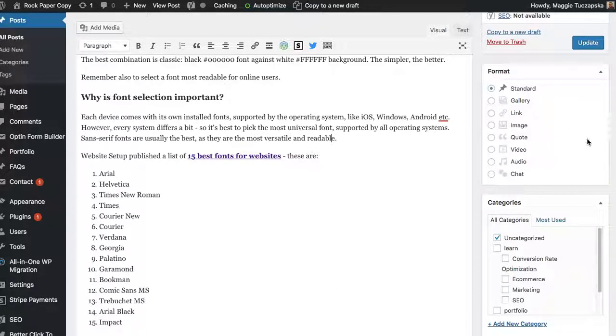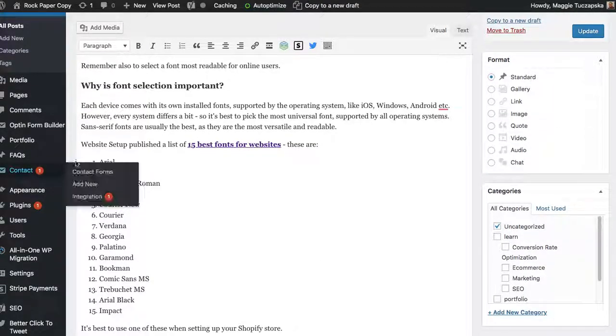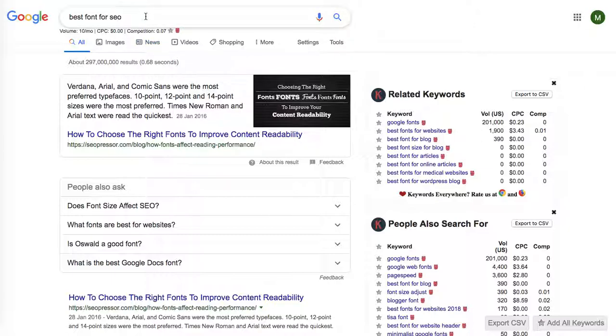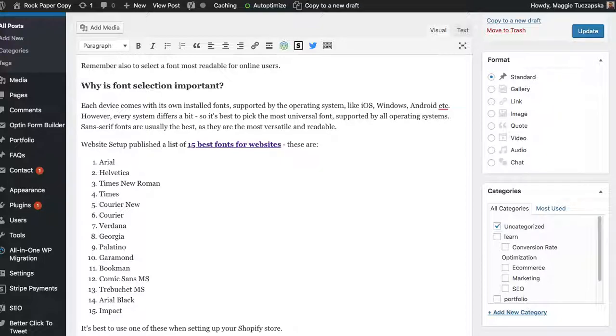is Shopify SEO, and also semantic keywords. And how I choose semantic keywords is I go to Google, and with my Keywords Everywhere extension I can find the volume right away. So for example, I have been optimizing